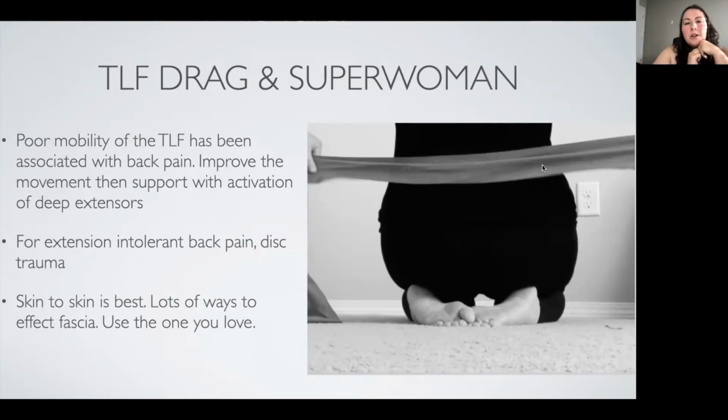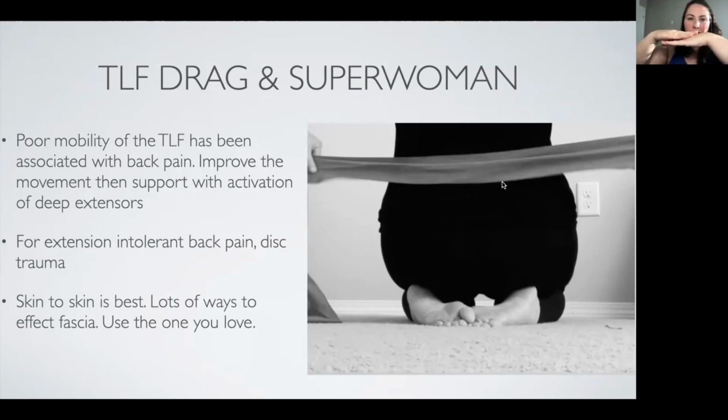Or if anybody has done dermoneuromodulation, they use something more like this TheraBand that doesn't create glide along the tissue. That can work really well. I just like a thicker band because it tends not to fold over. So when I show you this video, you'll see that it's folding over on itself. It might have been better if it was directly on my skin, but I wasn't going to be topless for you here. So this band is actually used to make contact with the thoracolumbar fascia and then create drag,